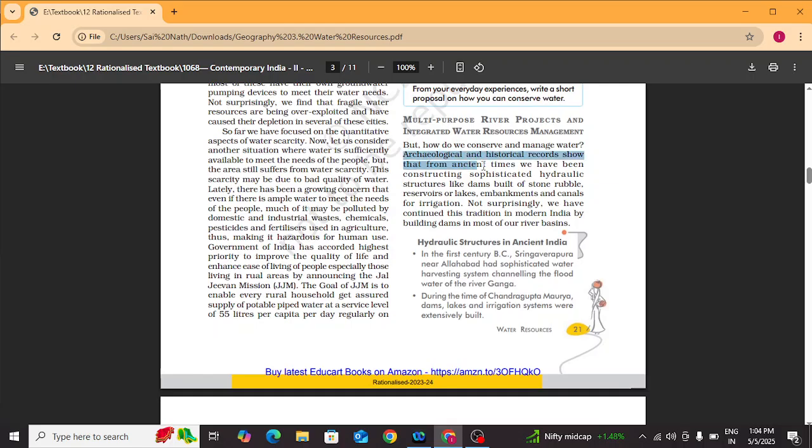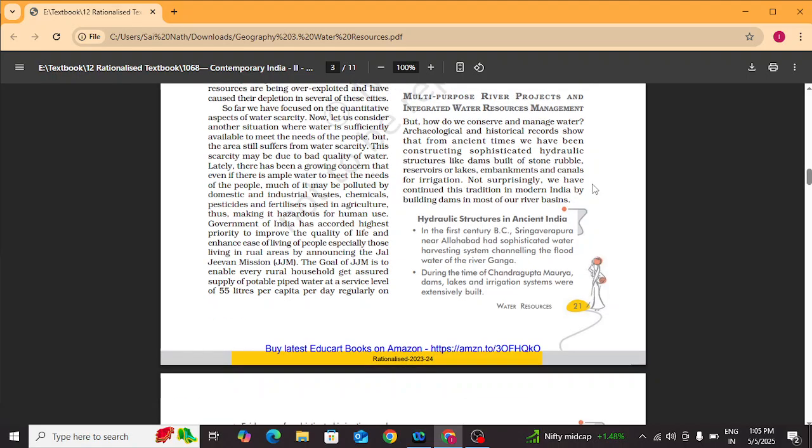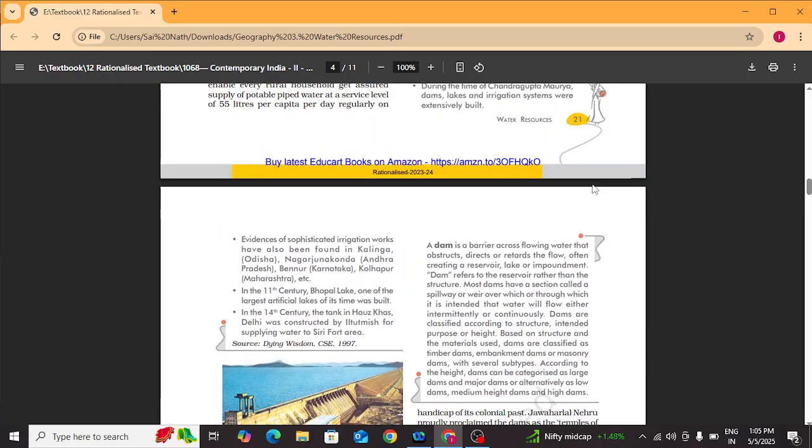Archaeological and historical records show that from ancient times we have been constructing sophisticated hydraulic structures like dams built of stone, rubble, reservoirs or lakes, embankments and canals for irrigation. That means this water shortage did not come all of a sudden. Since ancient times our ancestors knew how to save water, because it is essential for survival. You can read this paragraph about hydraulic structures in ancient India till here,